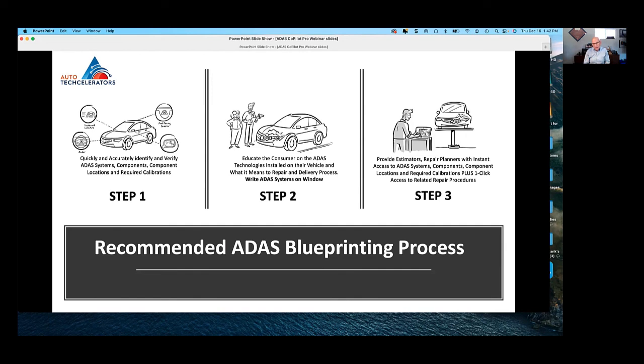It's all done in the disassembly phase, which is, in my opinion, too late. So thanks, Tom. Appreciate your comment. And again, appreciate what you guys are doing with your AirPro company. You're a big part of that ADAS blueprinting process.